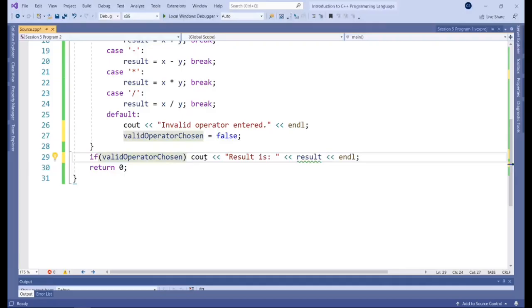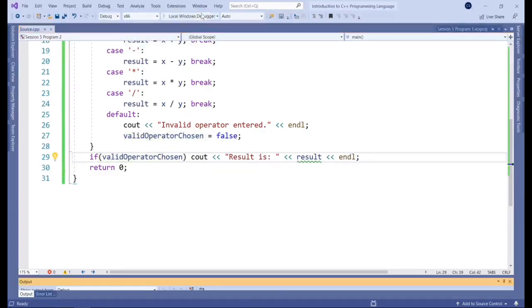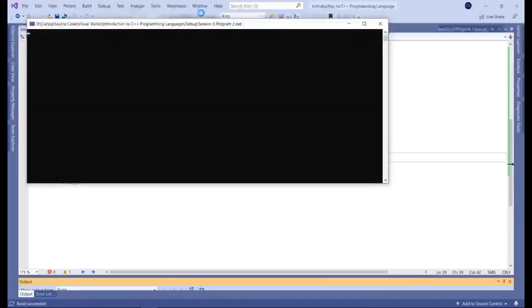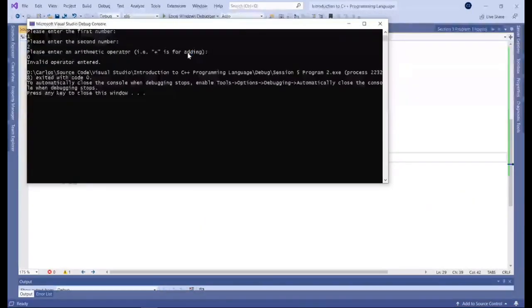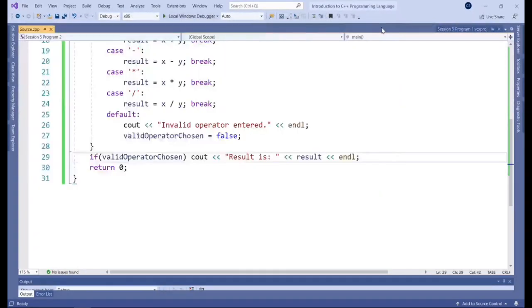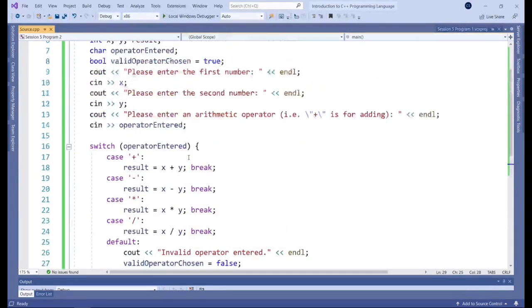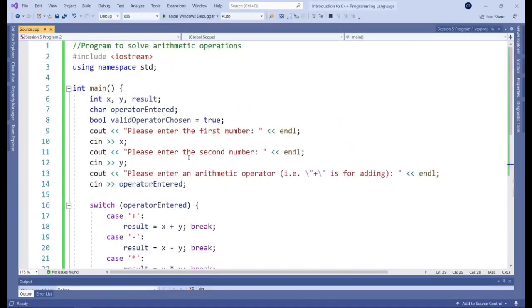You don't need to, but it's up to you, whatever is easier to understand. Let's try that, and hopefully we've avoided the error now. So 1, 2, and then some random operator right there. Then, as you can see, this ran successfully. And this bit here, the problematic bit at the end there, it was not executed, which means we avoided that error in the end, and our program is a bit more robust.